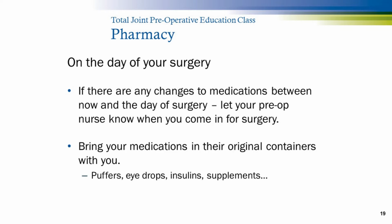If you are started on any new medications or if there are any changes to your medications between now and the day of surgery, please let your pre-operative nurse know when you come in for surgery. Please pack all your medications in their original bottles and bring them with you, especially things like puffers, eye drops, insulins, or supplements. You may be asked to use your own medication if the hospital does not have the specific